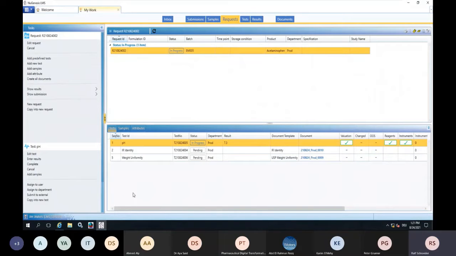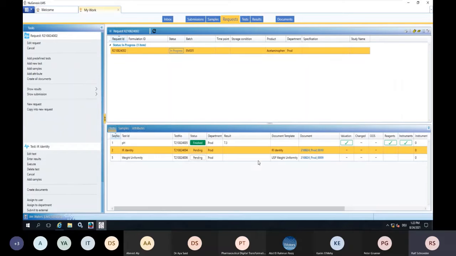The valuation is okay, it wasn't changed, and you can change the status by finishing and completion. And with this, the analytical test for the pH is finished, and we can go to the next one in the process. So the infrared identity is handled with a document, which means if I would want to enter results